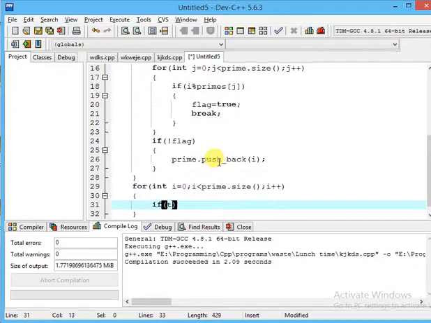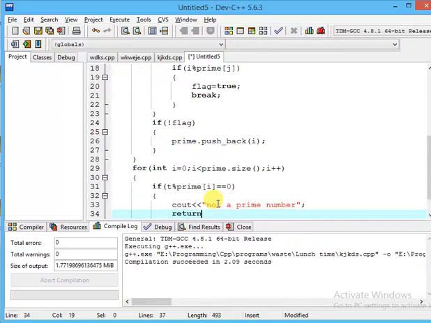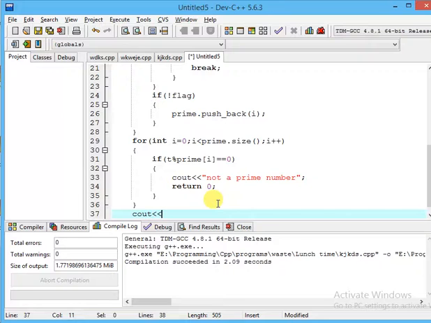So the given number t, modulo prime of i. Here I made a mistake. Yes, if t modulo prime of i equals 0, then it is not a prime number, and we can return here. Otherwise,